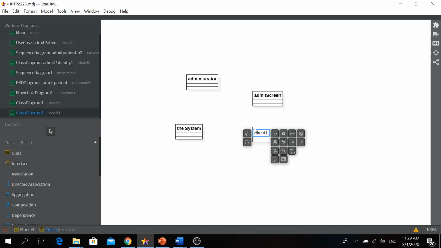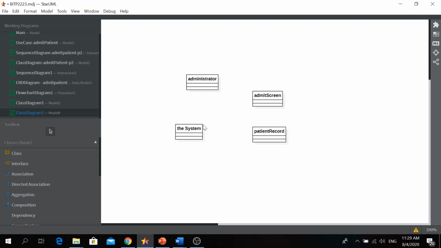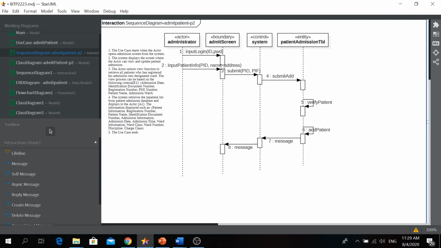Or patient record. Okay, so this class diagram doesn't have a relationship. If you want to know the relationship between objects, you go to the sequence diagram. Okay, administrator connects to admit screen.